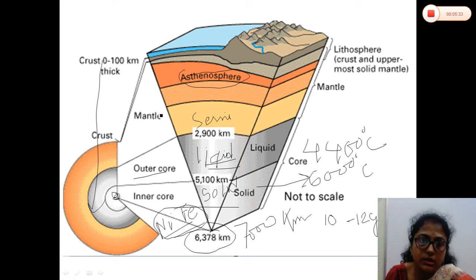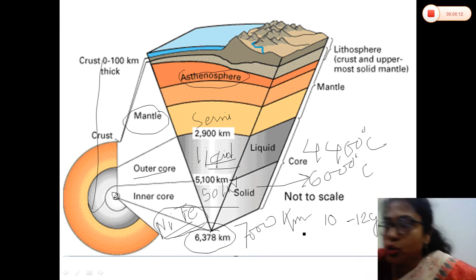What are the materials found in the mantle layer? That is chromium, nickel, ferrous, magnesium, etc. All heavier metals you will find near the center, because heavier means they will be in the center. So the core is the heaviest part of the earth, and it is the most inaccessible part also because of extreme pressure and extreme temperature over here. So this is all about the core, and you need to study all the characteristics of the core from the book. And one more thing that you need to do is